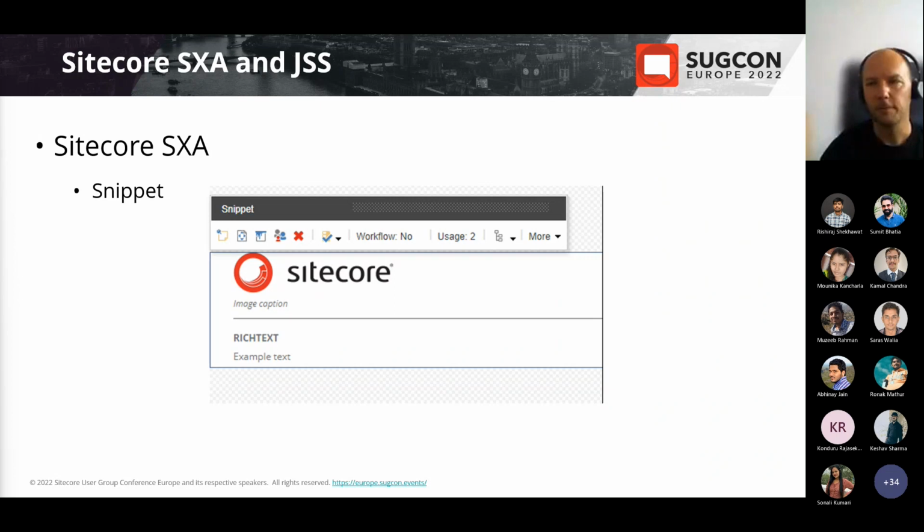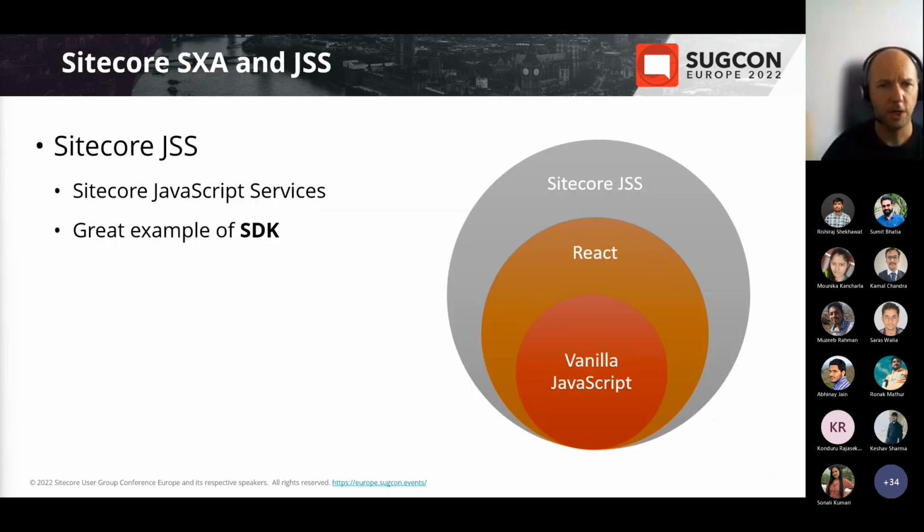Here we are. Yeah, Sitecore JSS represents a set of JavaScript packages and sample applications that add first-class support for JavaScript frameworks and enable the development of modern applications that consume Sitecore data. This is a really great example of an SDK because it has lots of functions. It has also some tooling, right? But it's not a framework. It's really just an SDK because on top of